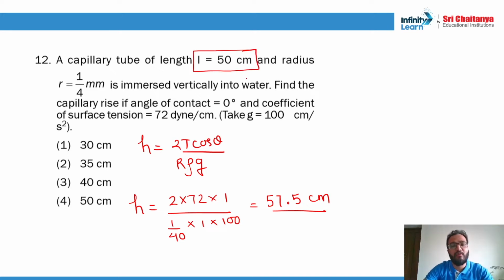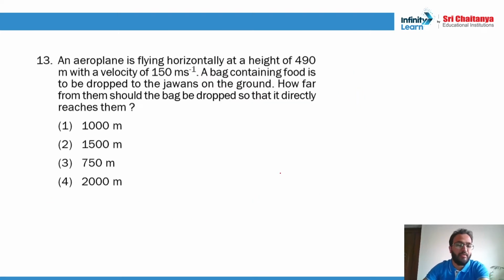That means the capillary tube will be completely filled, and after that the liquid will not fall exactly, but will change its curvature and try to stop itself from falling. After a certain limit, eventually it comes down, but it tries to stop it as much as possible. It doesn't come down, right? So 50 is right. Okay, so question number 13.